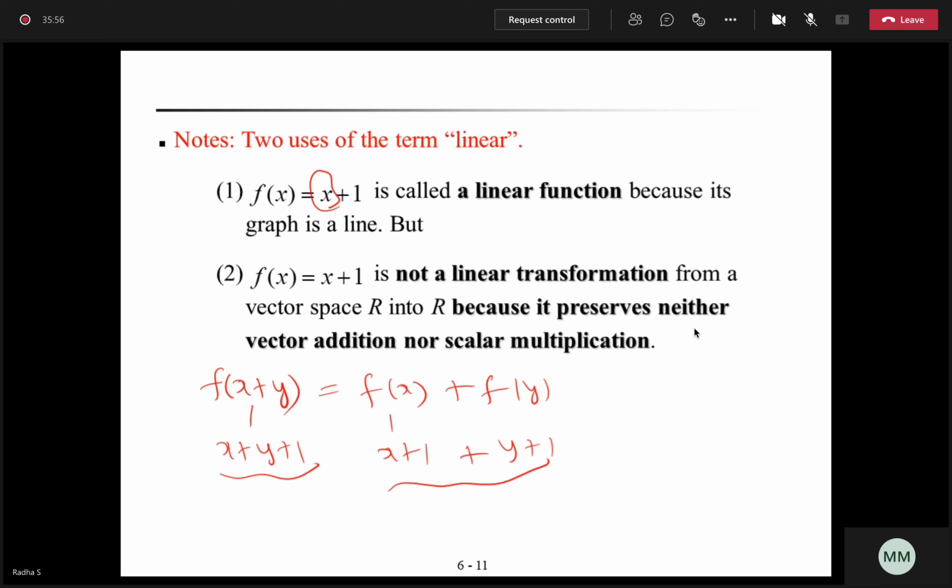Shall I proceed? But then what makes it a linear function? What is the difference? See, f of x is always called a polynomial function here. You can have anything, x square plus 2, x cube plus 3. This is called a quadratic function, cubic function. In general, if you have ax plus b, that's called a linear function, because the degree of x is 1. The maximum degree of this polynomial is 1, so it's called a linear mapping. But linear transformation is different.